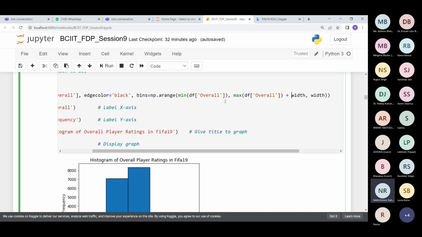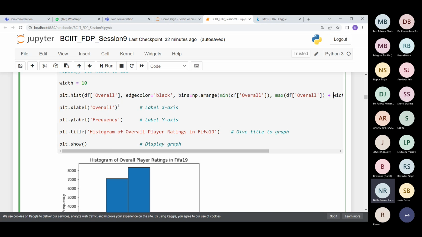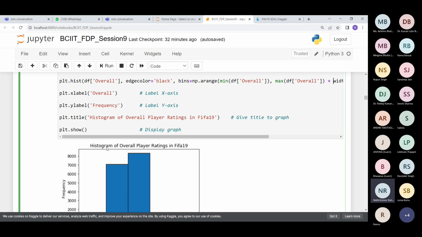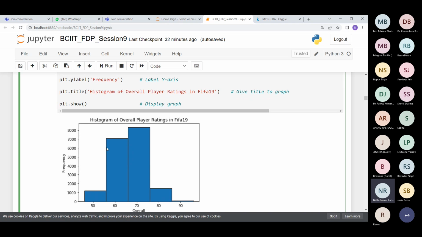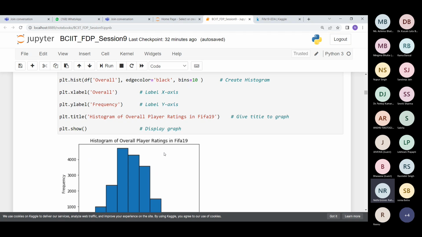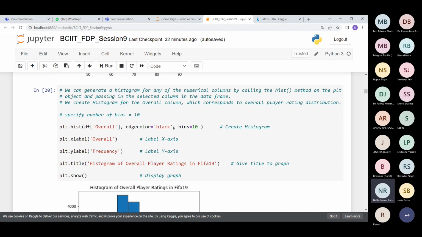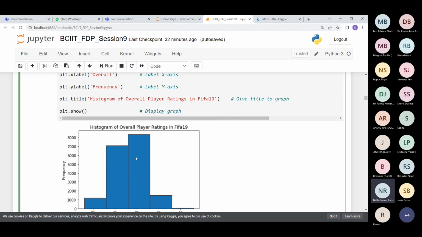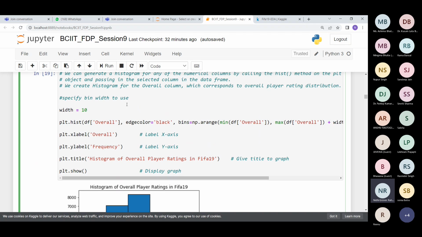And here I am generating the actual labels for the x-axis. Fine. So I am going to give the label for the x-axis, the y-axis label, again the same thing, the title, and you can see the show function for actually showing the histogram. So now when you have created this particular data, you can see there's a difference here. The bins were more. There were a total of 10 bins that we were creating. The number of bins was 10 over here. And here the width of the bin is actually 10. Here we have specified 10